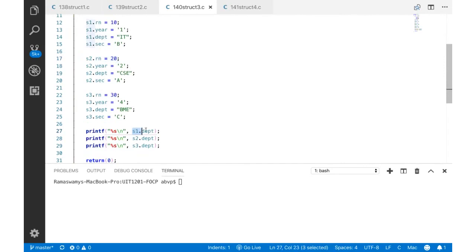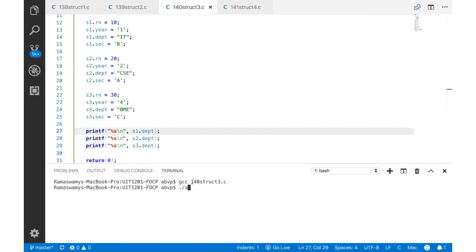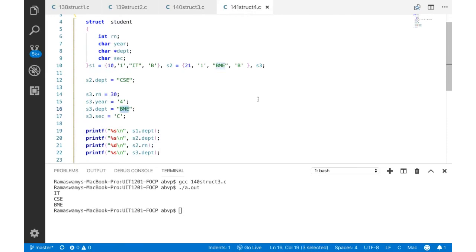And we print the department member of the structure variables S1, S2, and S3. So let us build and run this code. IT, CSE, and BE.